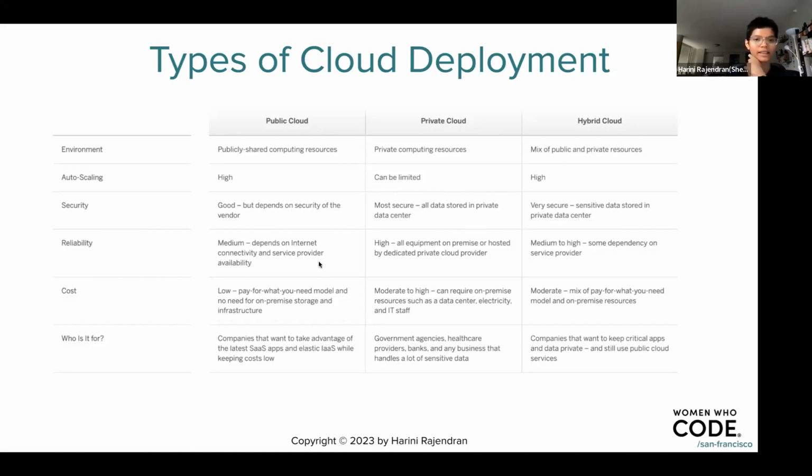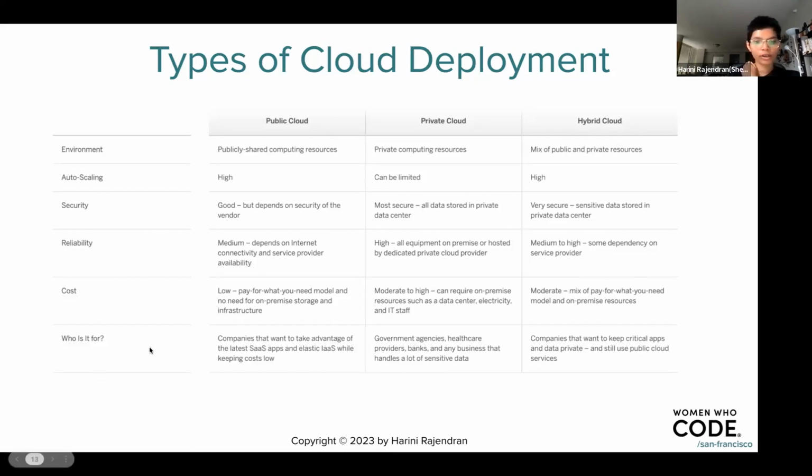Reliability wise, I think it's pretty straightforward. Public cloud has comparatively the lowest reliability compared to the other two models, because it's available over the internet. It's susceptible to hackers and DDoS and all of that, compared to the other two. Whereas the private cloud provides the highest reliability, because it's just virtually a private network that only you and your organization can access. Cost wise, public cloud is the cheapest, private cloud is the most expensive one, and hybrid cloud falls somewhere in between.